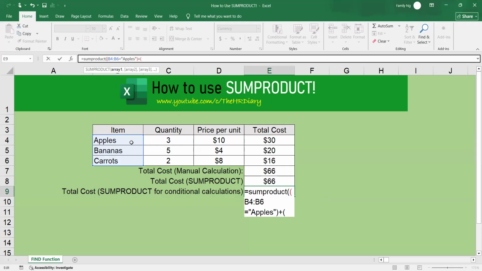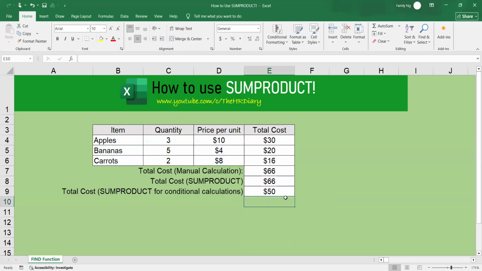type this, and again, select this same column, and this time you put equals to bananas. Close the bracket, comma, and next, select these columns where the quantity is, comma, select the column where the price per unit is, close bracket, and hit enter. This will multiply and only sum the rows that meet your condition of apples and